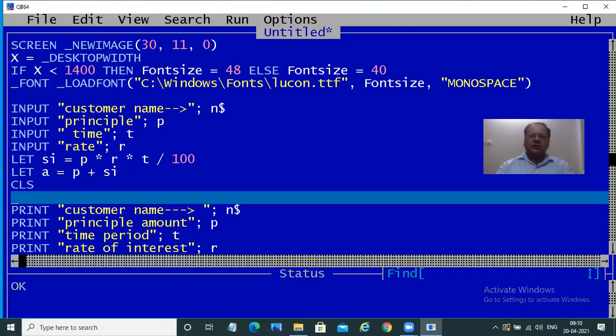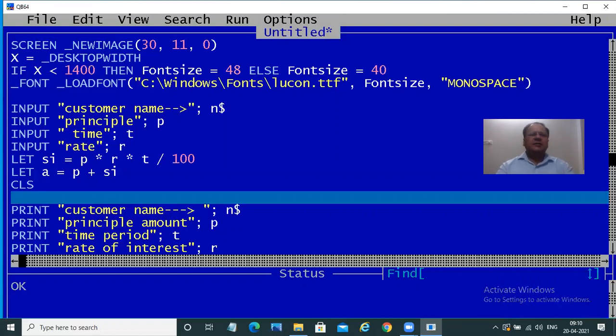So this, of course, is only in QBasic. You'll be studying a different programming language in the form of Python, etc. But fundamentals of all programming languages are the same. So you need to have your fundamentals clear.